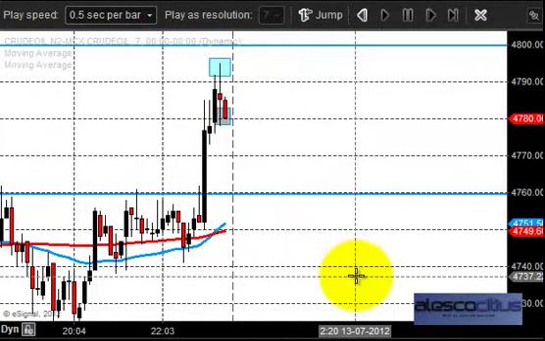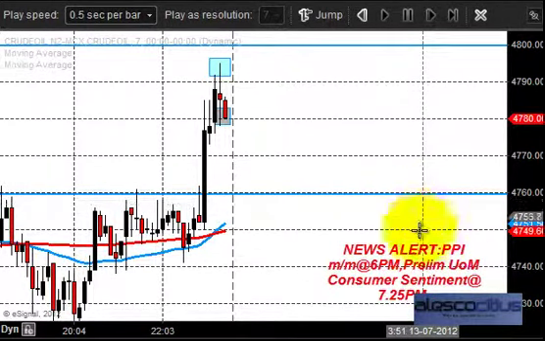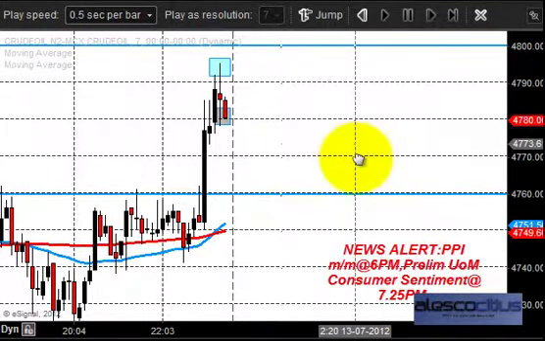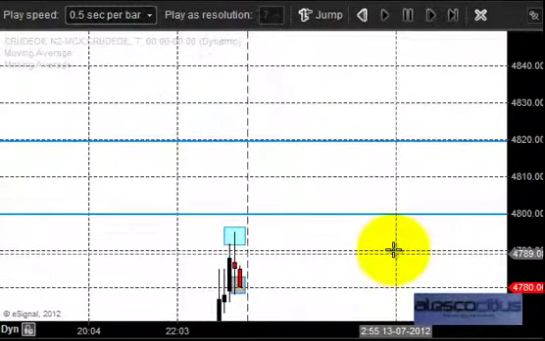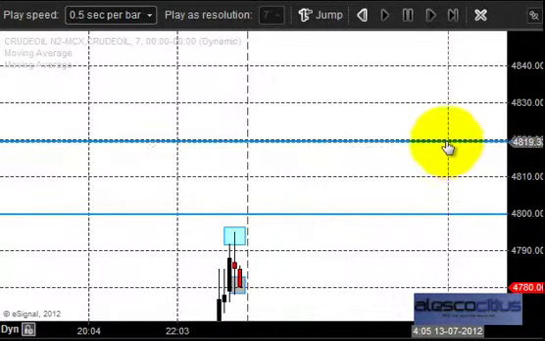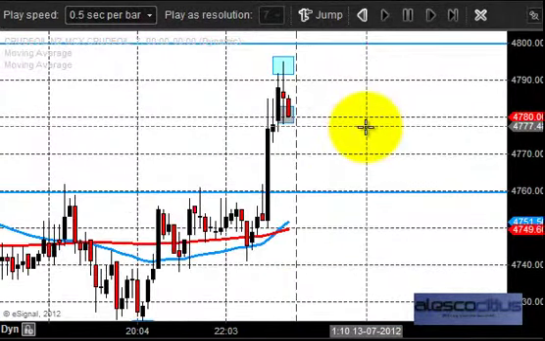It is going to be a great fight between buyers and sellers if the price enters within 4,760. If the price takes a support above the zone of 4,760, it has all the potential to test 4,820 and 4,860. So let us see what's going to happen during our trading session,